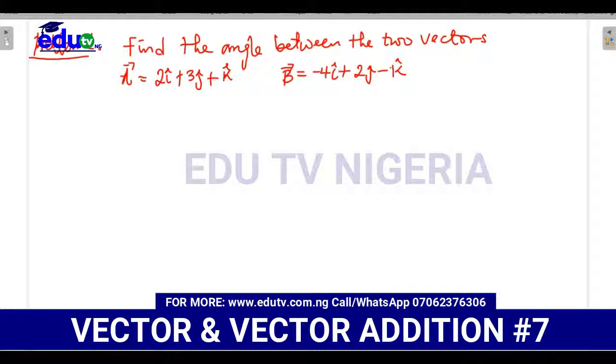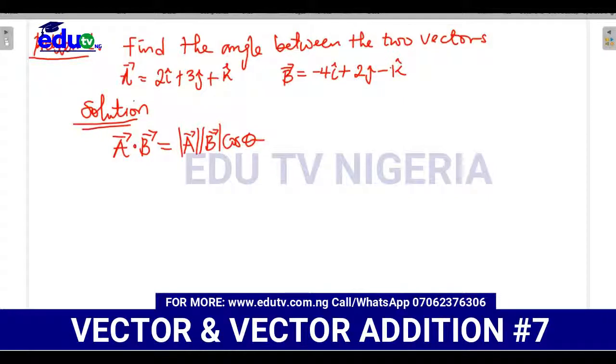Now, the first thing that will come to your mind is the scalar product. Solution. The scalar product is vector A dot vector B, which equals the magnitude of vector A times the magnitude of vector B times cos theta. Don't forget that these two vertical bars represent magnitude. And don't forget from the formula we did earlier, theta is given to us as arc cos